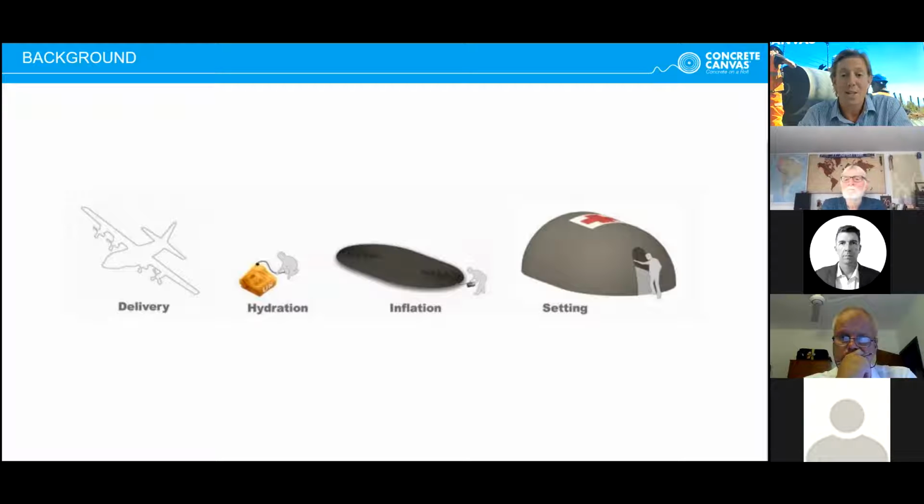And the slide you can see is the original concept sketch behind the idea that led to the development of the concrete canvas material. So this idea was to create inflatable concrete buildings for disaster relief. It's a very simple concept. The idea was that if we could